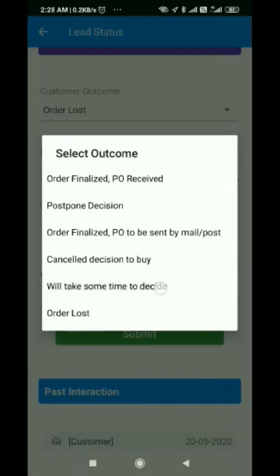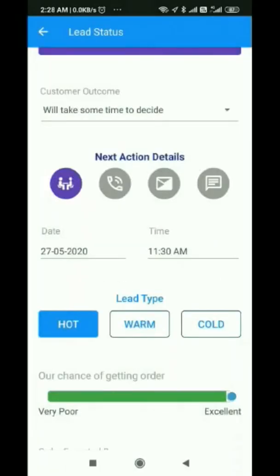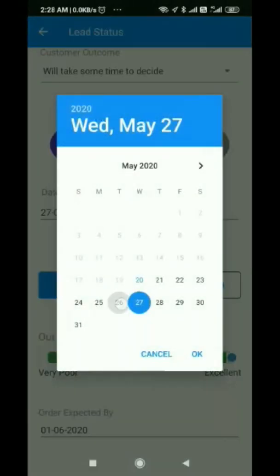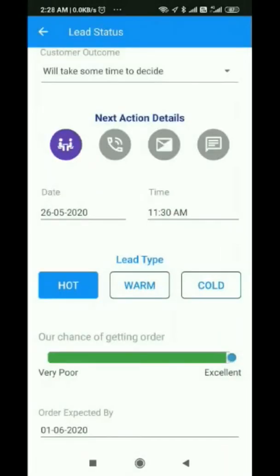If you select outcome as will take some time to decide, then you can update a lot of things, like you can make changes, like first is your next interaction, second is your lead type. Is it changing in this particular interaction?